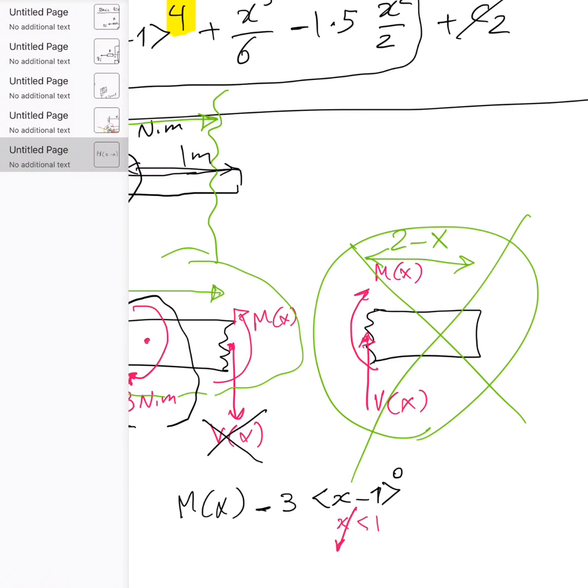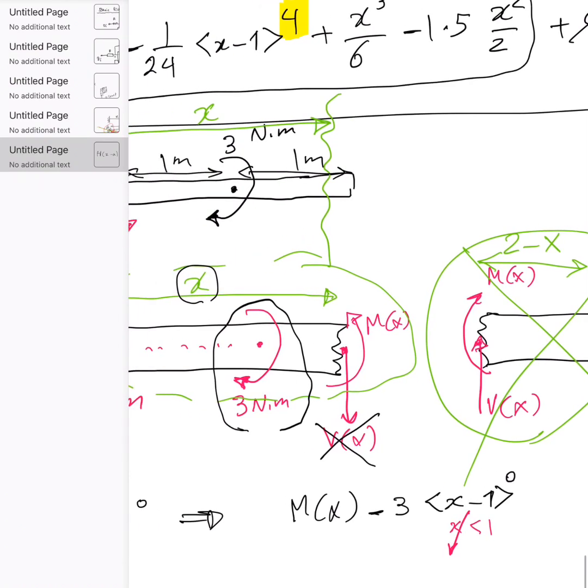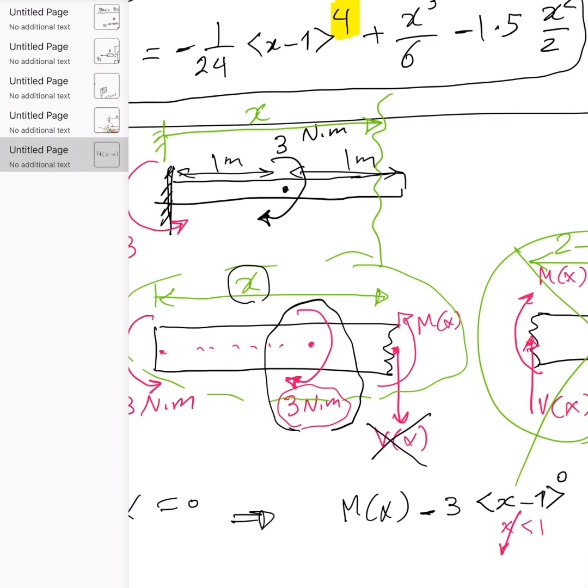Although mathematically 0 to the power 0 is not defined, it is a singular point. But according to the definition of the Heaviside function, if you go to part 1, the definition was this is null. That means nothing exists there. So it becomes 0. So automatically this negative 3k couple moment at the middle will disappear